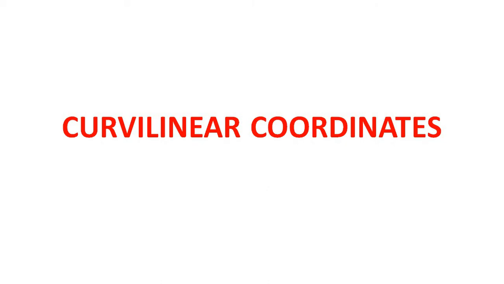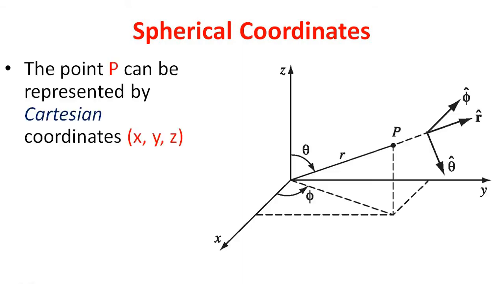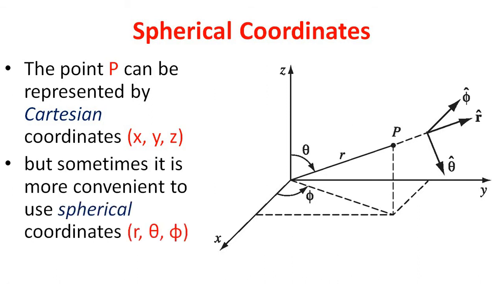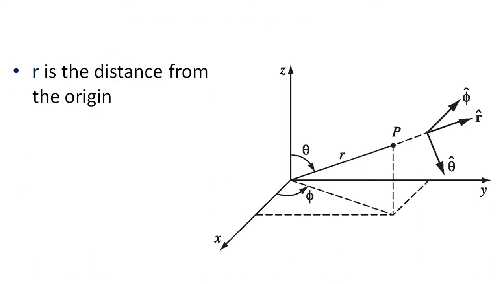Curvilinear coordinates. Spherical coordinates. Now, to represent a point P, we can use Cartesian coordinates x, y, z. Most of the cases that will be simple too. But for some particular cases, it is more convenient to use spherical coordinates r, theta, phi, where r is the